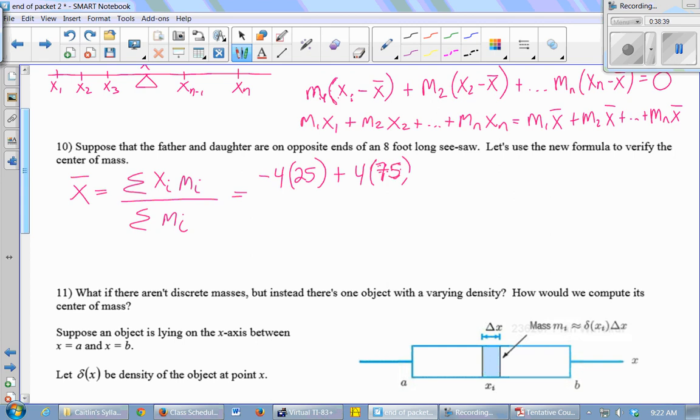So location is the xi times the mass, divided by the sum of the masses, 25 plus 75. Okay, so 4 times 75 is, I think that has to be a positive 4. Yeah, because it's not,